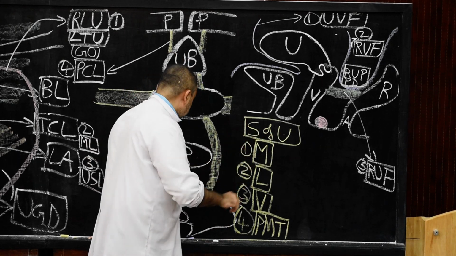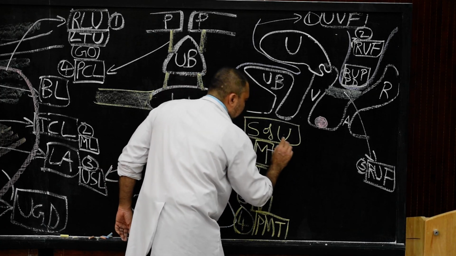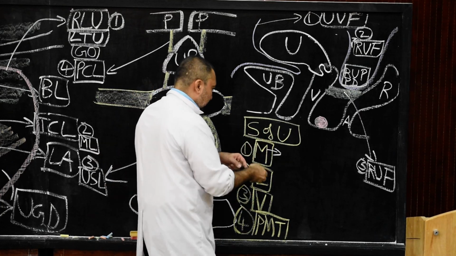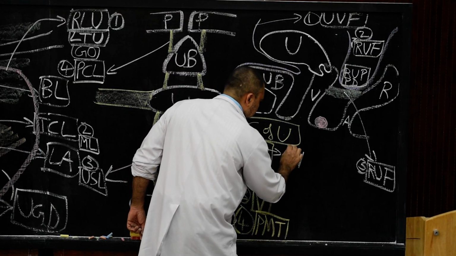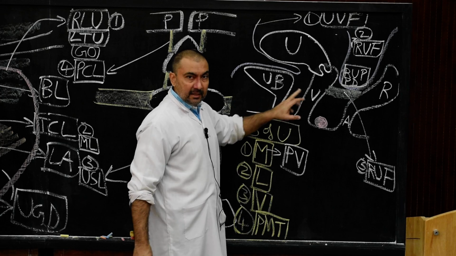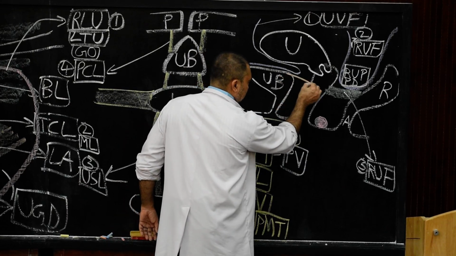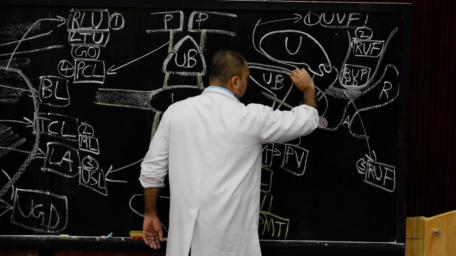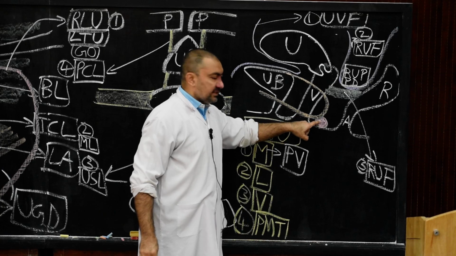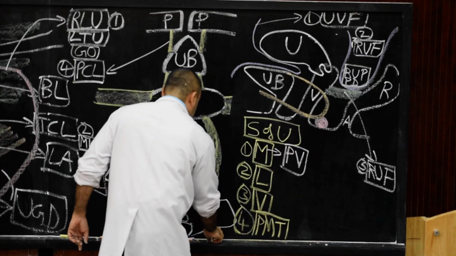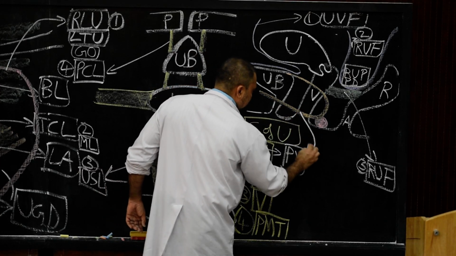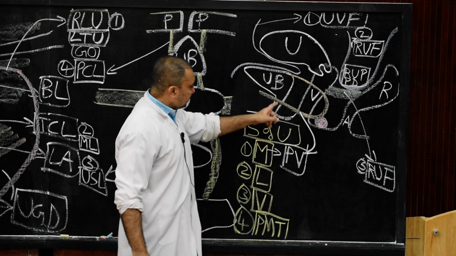Now we start with the muscles which will provide support to the uterus. In the muscles, please write down, there will be the levator ani. Levator ani is the main muscle which will form the support. In the levator ani, the first portion will be the pubovaginalis part. I will draw the pubovaginalis part in this area. This pubovaginalis part will form a sphincter in this direction. So this is the pubovaginalis part, and it will have its attachment to the perineal body. So here I am going to mark it as the pubovaginal sphincter. So what will this pubovaginal sphincter do?